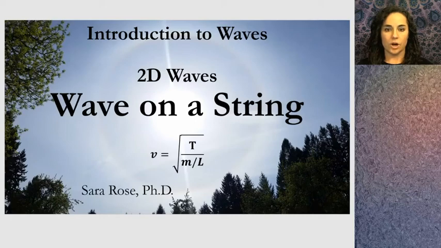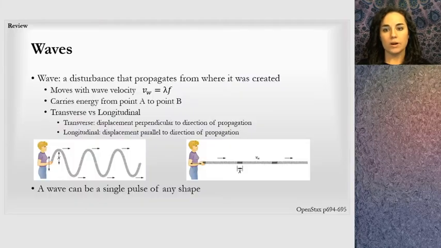This is a lesson on wave on a string, which is an application of 2D waves in the Introduction to Waves and Simple Harmonic Unit. In a prior lesson, I had talked about properties of waves, most important being their velocity, which is related to their wavelength and frequency, the fact that they carry energy from point A to B, and also the different types,